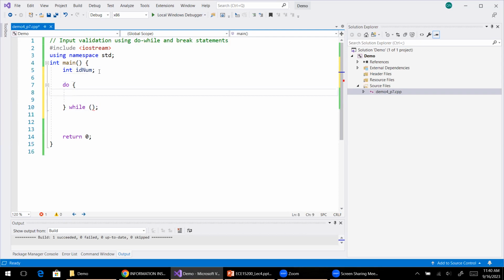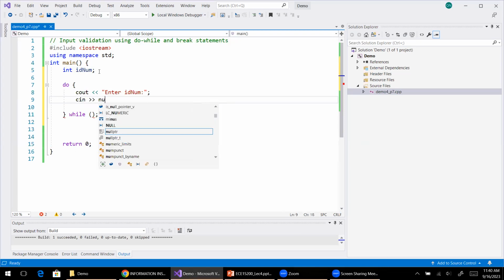So here we will ask the user to enter the ID number, and the user will enter the ID number, right? And here, if the user has entered the correct ID, then we will exit the loop,